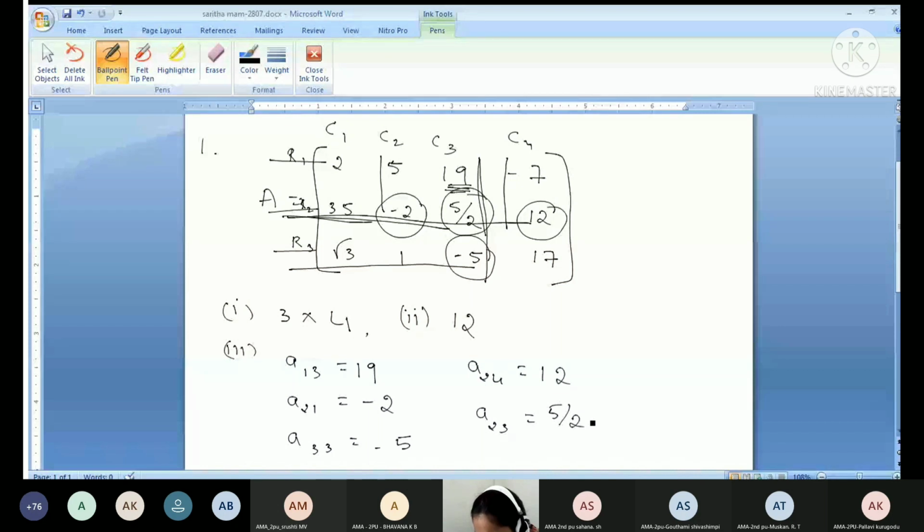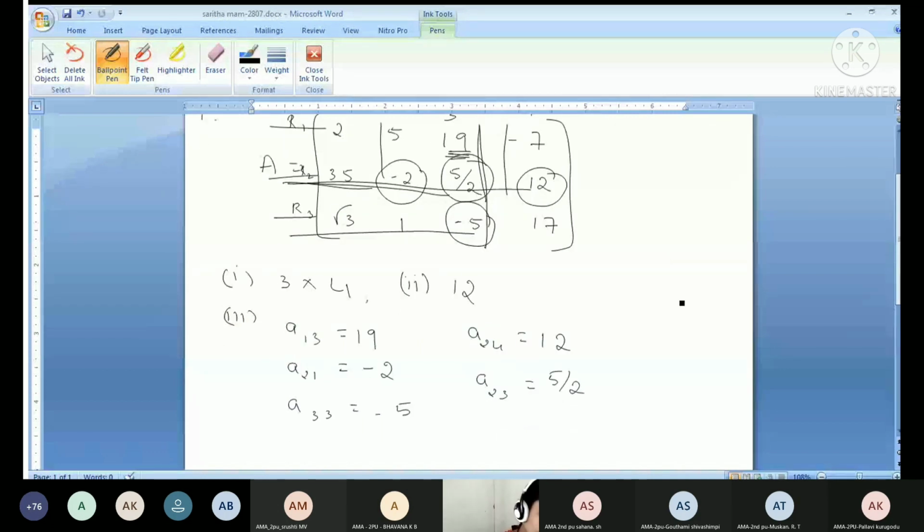Okay, nobody asking any doubt. Fine. I hope you understood first question. What was there in the first question? They have given one matrix and they're asking you order of the matrix, number of elements in the matrix. Also they have asked you to write the elements. Some elements they asked and you have written also. Okay, in between I am interrupting you.